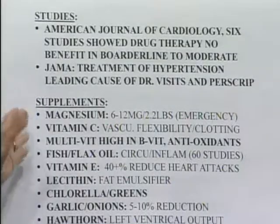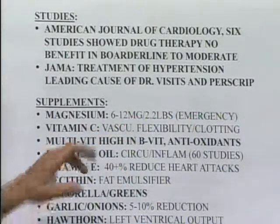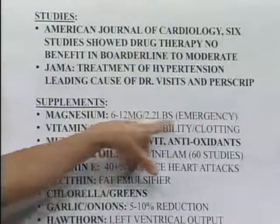There are supplements that are very well researched, all of which are backed by studies either here in the States, Japan, Europe, and other countries that we would consider of equal quality in double-blind placebo medical studies. Magnesium we've discussed earlier. 6 to 12 milligrams of magnesium per 2.2 pounds of body weight. So if you've got a 150-pound person, you're going to need probably right between 400 and 600 milligrams of magnesium to help keep that blood pressure down. Magnesium in other countries